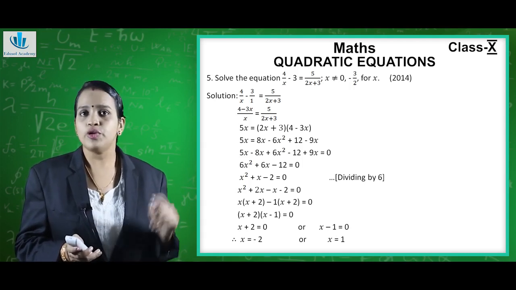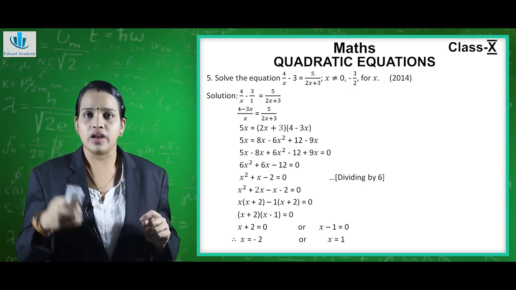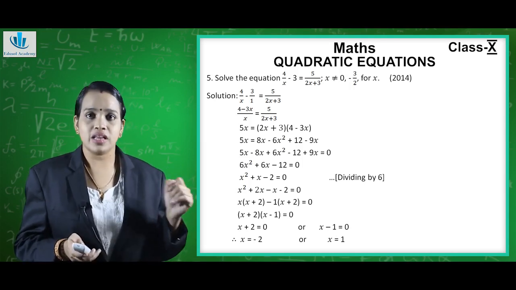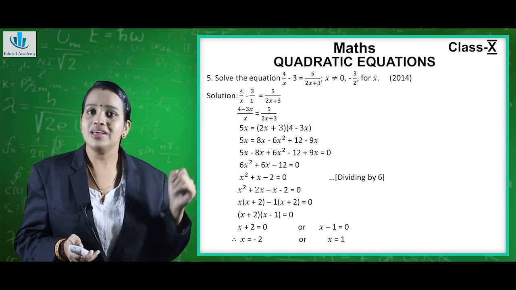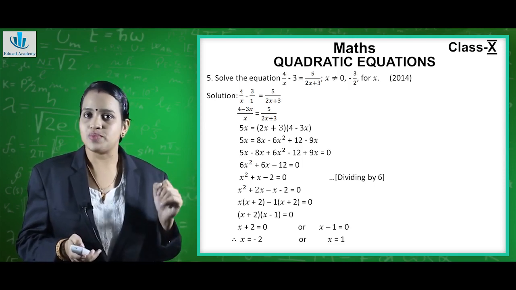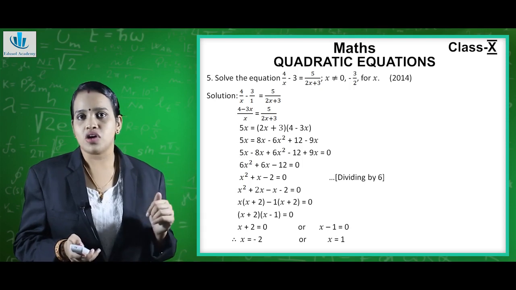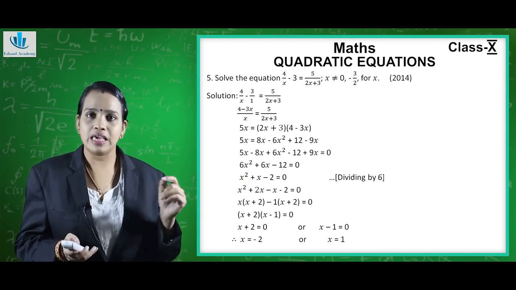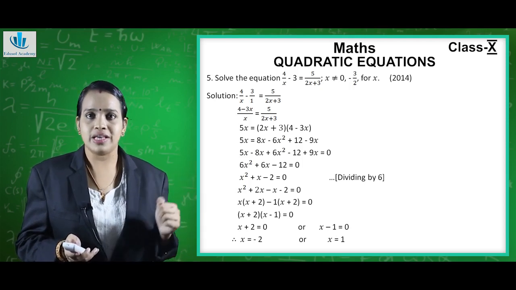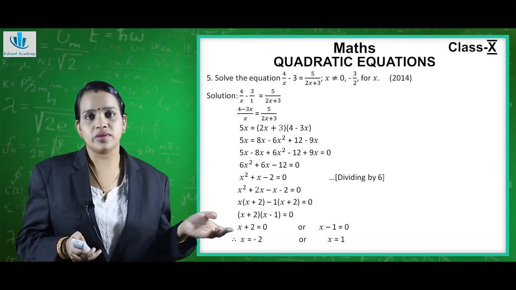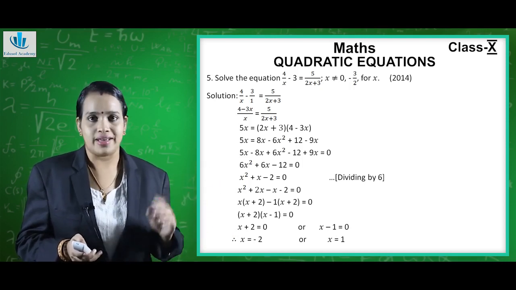First what we will do, we will cross multiply our left hand side, so it becomes 4 into 1, 4 minus 3 into x, 3x upon 6 into 1, x equal to 5 upon 2x plus 3. Again we can cross multiply over here, so it becomes 5 into x, 5x equal to (4 minus 3x) into (2x plus 3), or we can write it in the form of (2x plus 3) into (4 minus 3x).